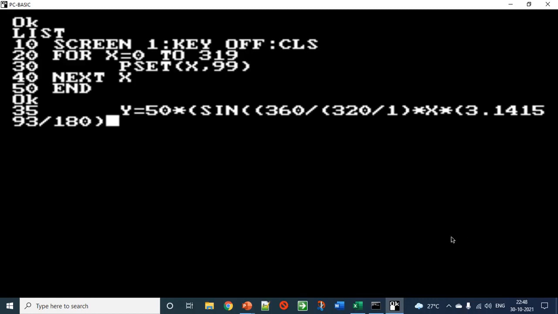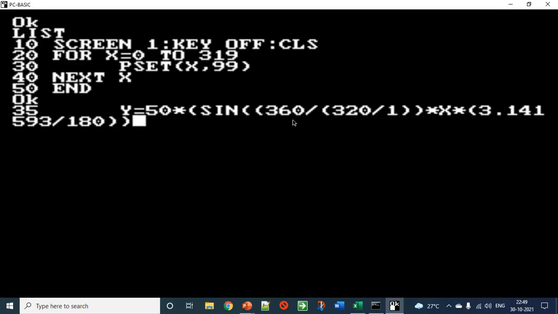So we have closed this bracket, and this has to be closed here again, and we have to close the outer bracket.